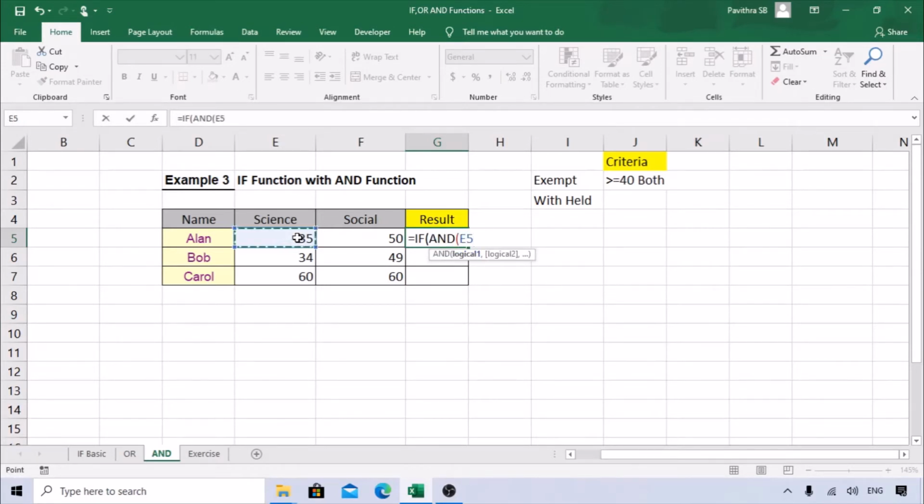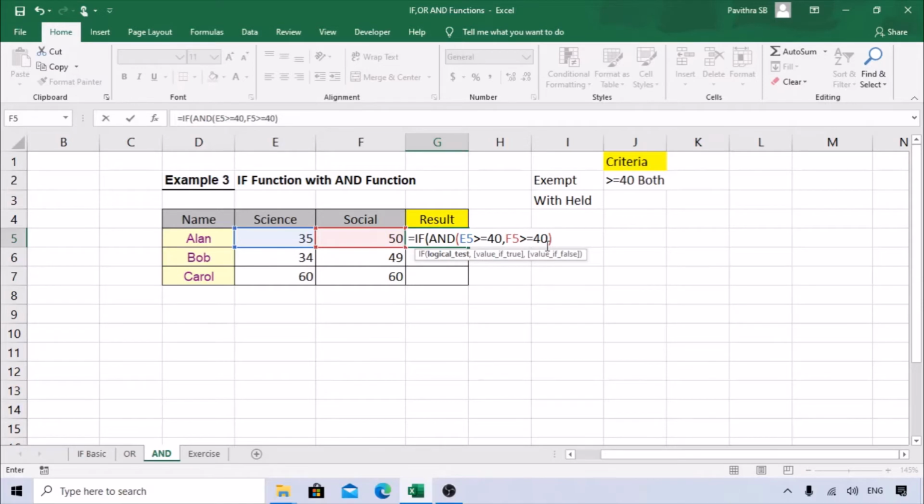Select this first cell, greater than or equal to 40. Okay, one criterion, comma. Next, again greater than or equal to 40. Then we have only two criteria, so we are going to close the bracket now.